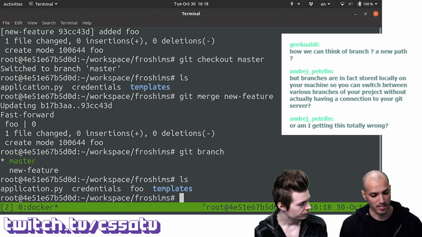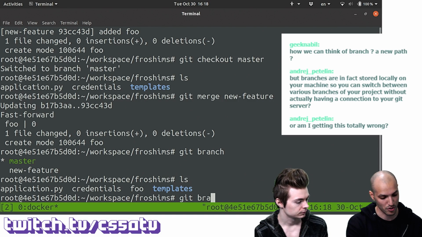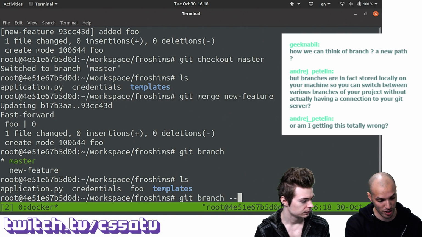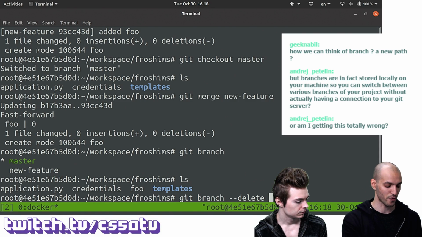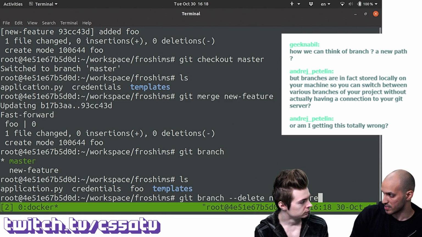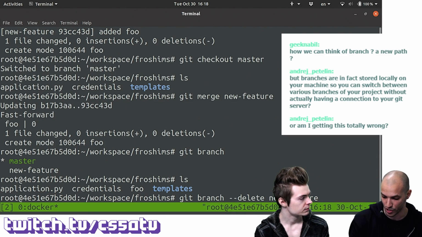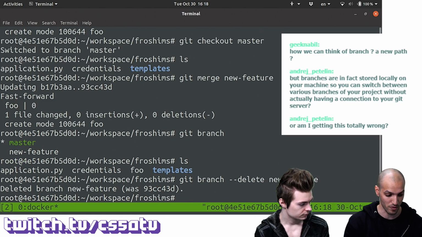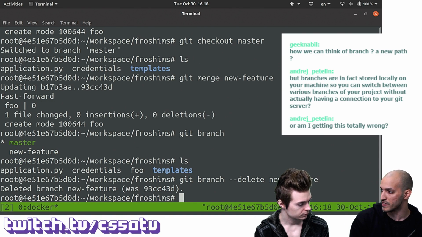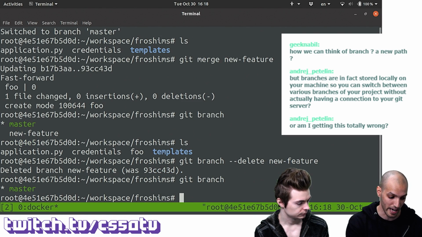Yeah, this is actually a great idea. Let's demonstrate a merge conflict. But first, by the way, let's demonstrate this. If you do git branch --delete, I think there's a shortcut for this. I don't remember it, maybe dash lowercase d, new feature. Remember that previously it complained about having changes that were not merged yet. Now that we've merged these changes into another branch, if we try to do this, it's just going to happily delete it. Nice, okay. So now I only have master, and I am on master.